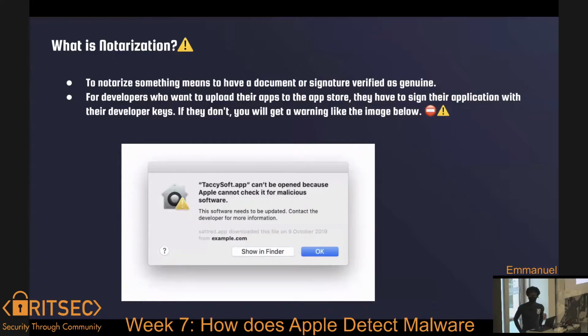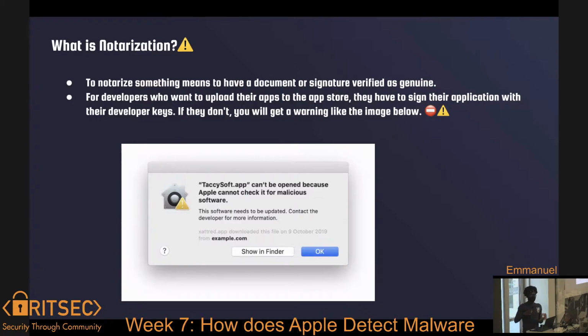Apple and malware. So, first thing, a keyword in the whole macOS system is notarization. It's essentially stamping a document or an application, saying that you did this to show that it is genuine. Like, you know what this is. It's valid, so nothing should be taken as malware. And it is used if you're trying to upload an application on the App Store or distribute your application anywhere, you have to do this.